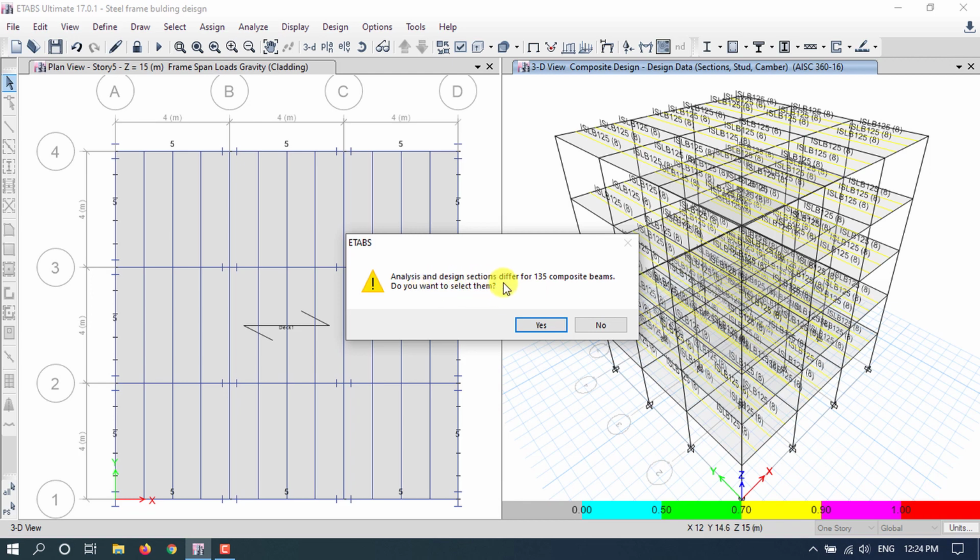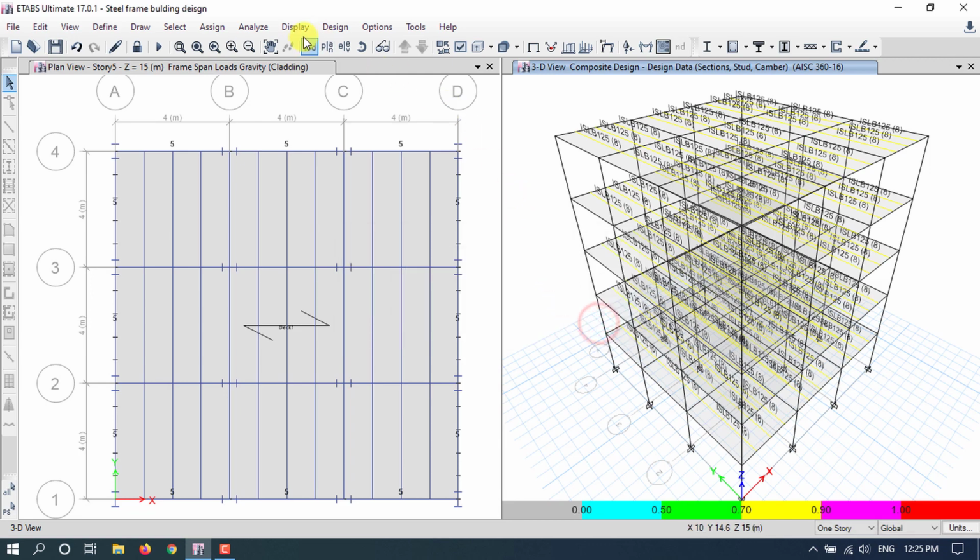Here analysis and design sections differ because in design ETABS chooses the median section of the auto select list, but in the design part it may be changed. So to solve this, click here No and rerun again.